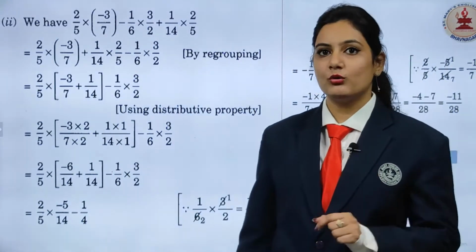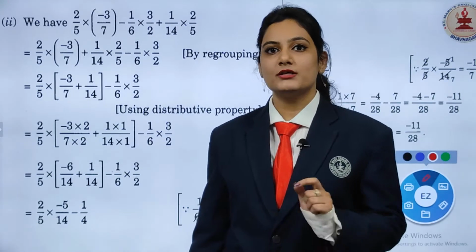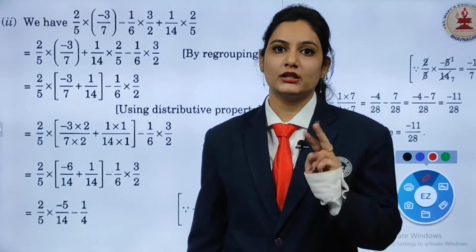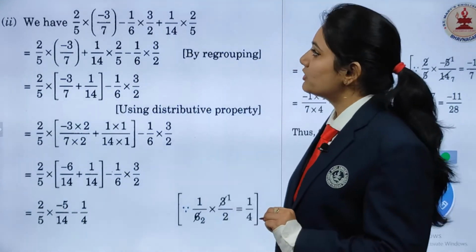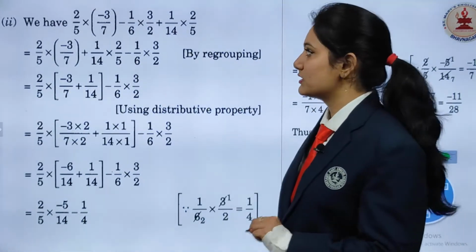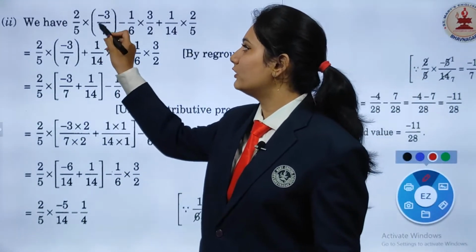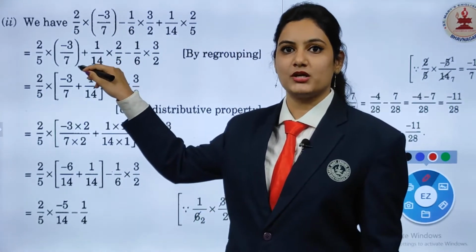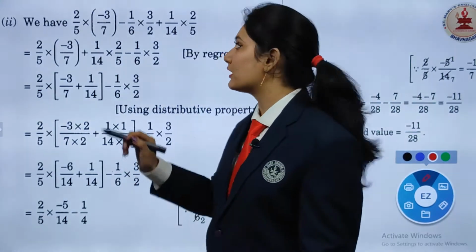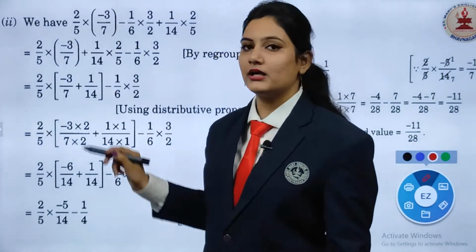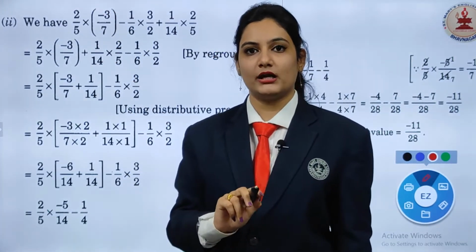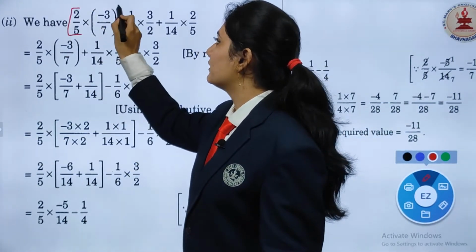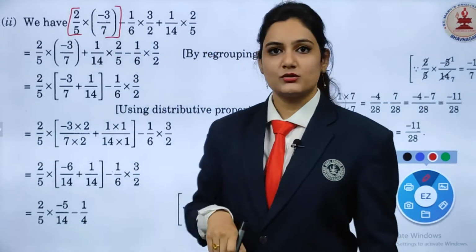First step, I have told in the first question, just make the brackets into which numbers? The numbers which are in the multiplication. I will check which numbers are here in multiplication. See the sum, 2 by 5 into minus 3 by 7. These two numbers, in between there is a multiplication sign, so I will keep the bracket. See here already round bracket is there, so I will not keep the round bracket, I can make the square bracket. So these two numbers I will keep in the square bracket.